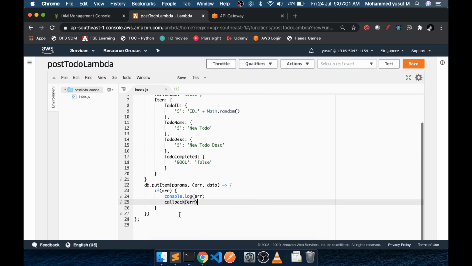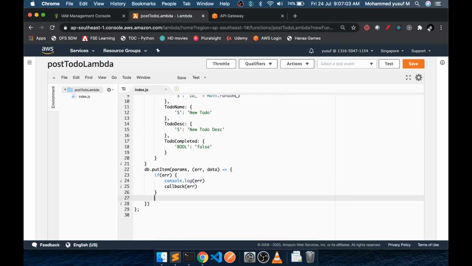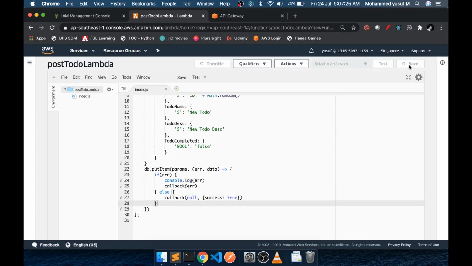Okay, fine. If there is no error, the data will be null actually, so in the callback I say there is no error, and I will return a JSON with success true. Okay, now let's save this.